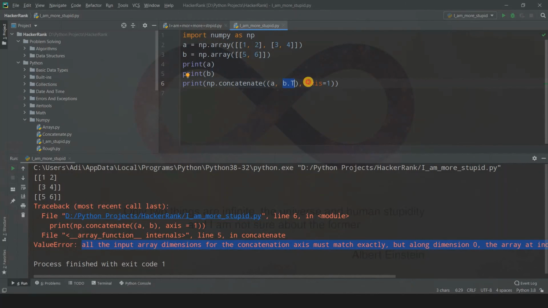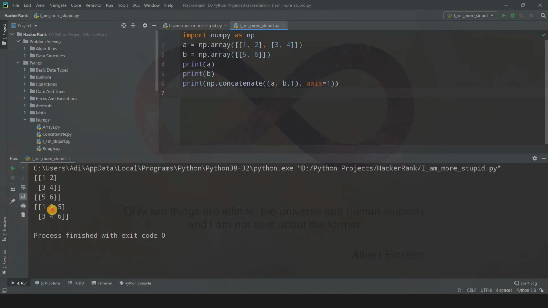So the dimensions along the axis will be 2 and 1, different. It is fine if the dimensions along one axis are different, but the dimension along the other axis, that is the 0th axis, must be the same. So we can do that now and just run this code. Now they get concatenated, but see what is happening: it just did the transpose of B. This whole array is A, from 1 2 3 and 4, don't include 5, and we took the transpose of B so that we change the dimensions. You can see this is a row and this is a column, right? So we just took the transpose of B and then we joined them. So you can do it like that.